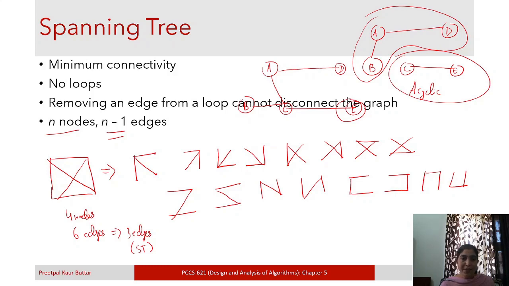So for this graph with 4 nodes, there were total 16 minimum spanning trees. Okay, so now my question is that if you are given a graph with n nodes, how many minimum spanning trees are possible? Think about it.